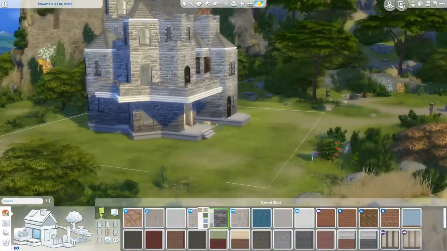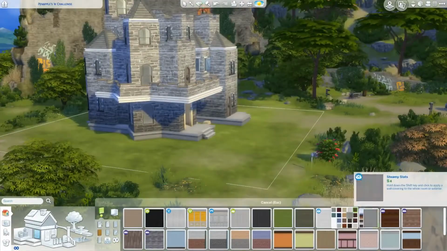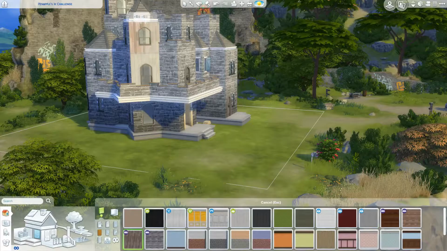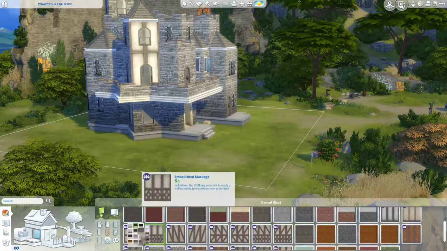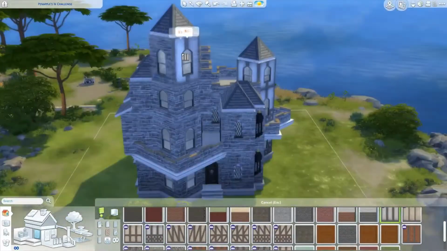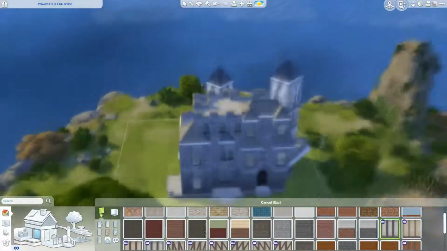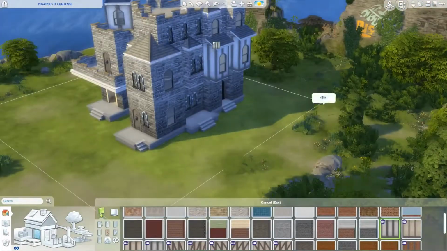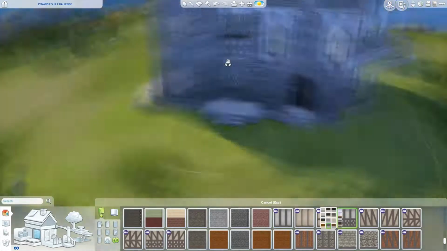Let's see, I think there was 1, 2, 3, 4, 5, 6 doors maybe on the bottom floor. It was 5 or 6. It was a lot of doors, and I narrowed it down to 3 doors, which is still a fair amount. And so I tried to stick with really just these 2 types of wallpapers, and I used the stone from